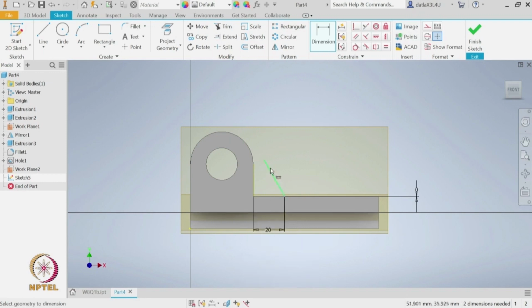And now, we need to ensure that this line is tangential to the fillet. So, how do we do that? With a constraint, what we have here, the tangent constraint. First we will select the line and then this edge. Suddenly, immediately it has changed the angle such that it is tangential to the fillet, but we see that